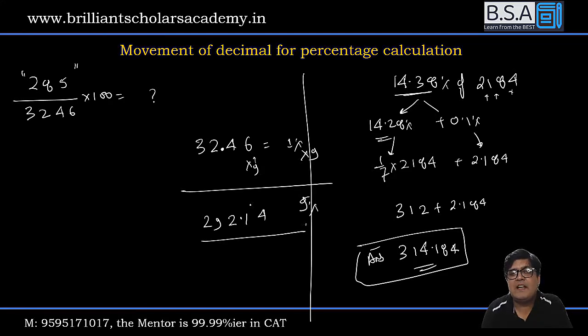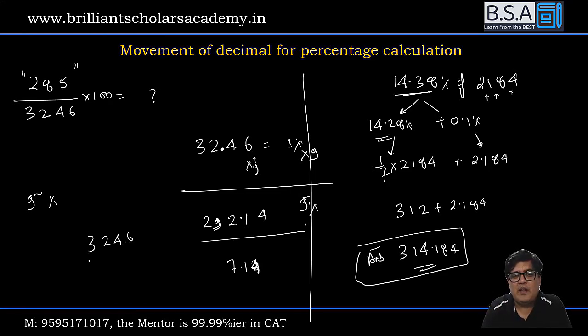Even the 9% value has become more. My answer must be below 9%. Slow down. How much below? This number 292 is more than 285. By how much? 7.12. I am going to subtract 7.14. Slow down. In this number